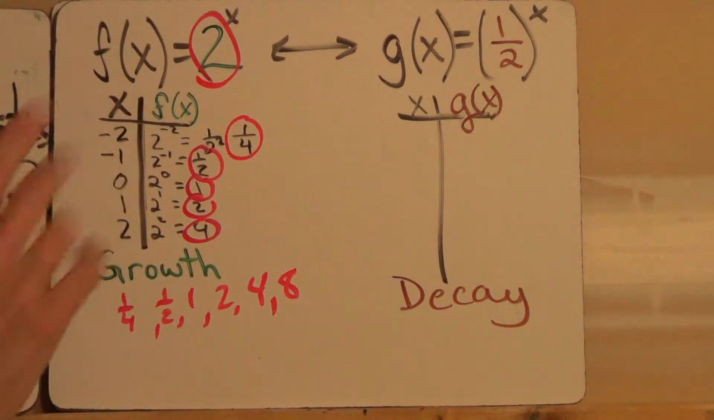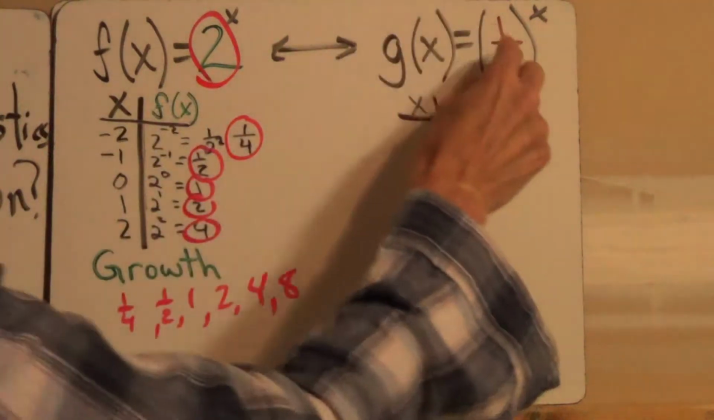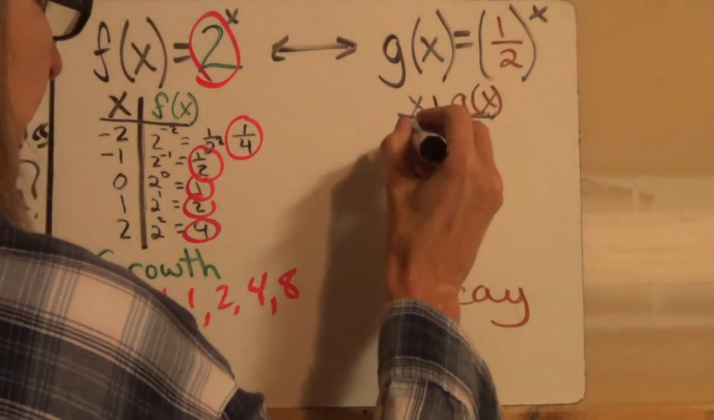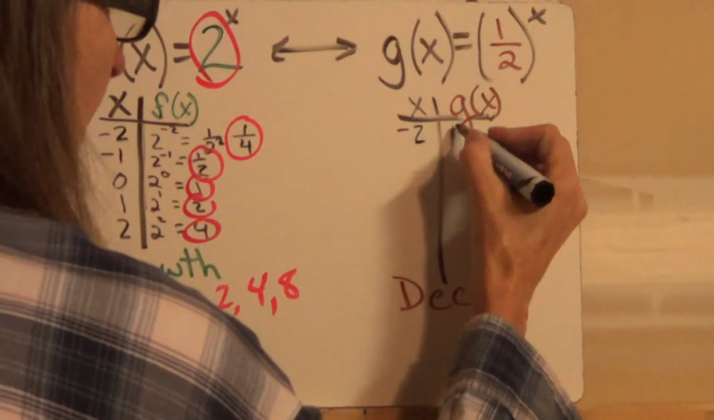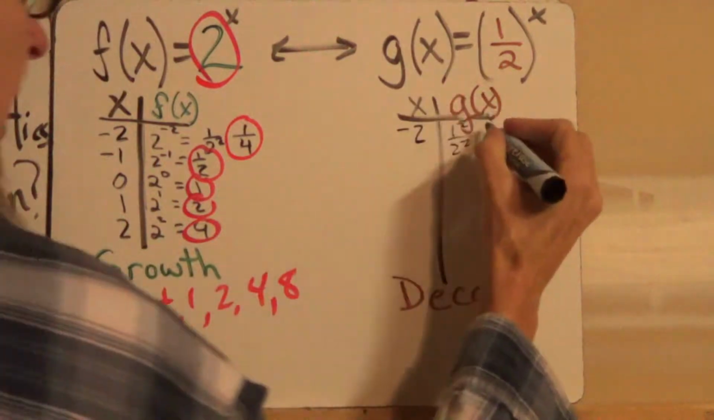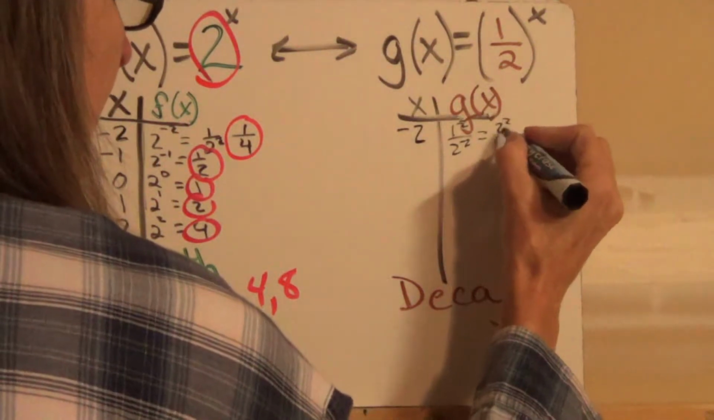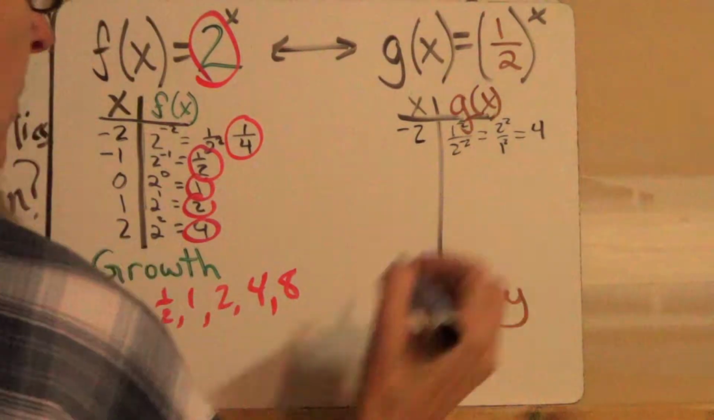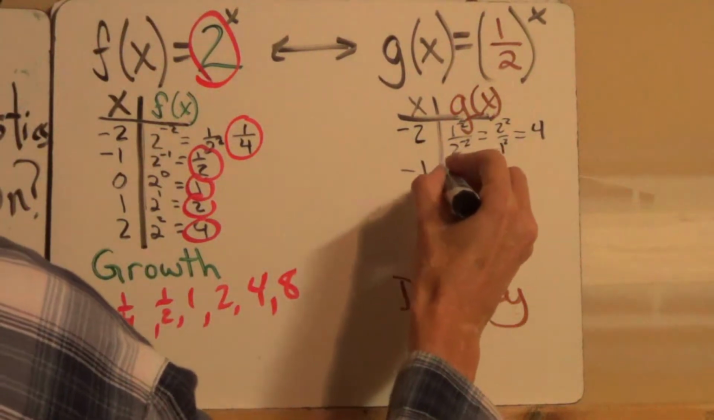Okay, next one, the decay. This is considered the parent function for decay exponential function. Let me show you what happens here. If we plug in a -2, that would become 1 to the -2nd over 2 to the -2nd. It means we need to flip them both. It ends up being 2 to the 2nd over 1 to the 2nd. 1 squared is 1. 2 squared is 4, so we end up with 4. -1, we would end up with